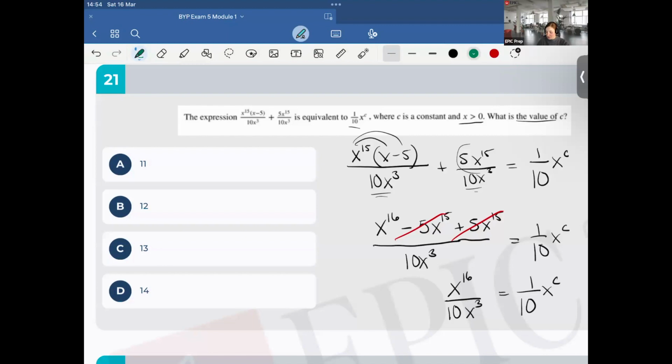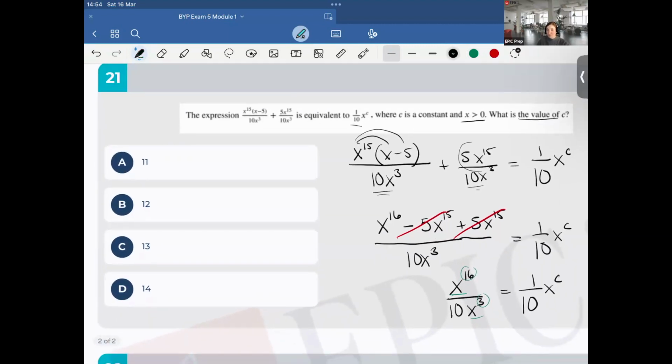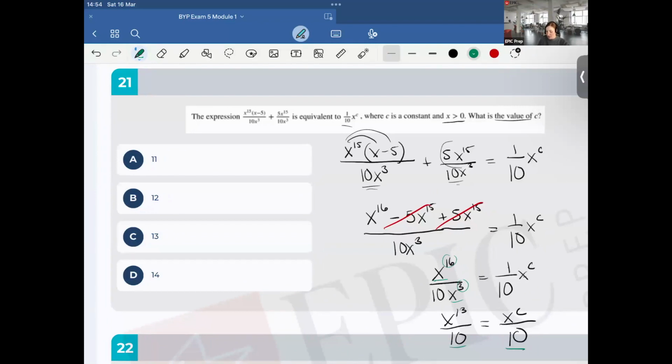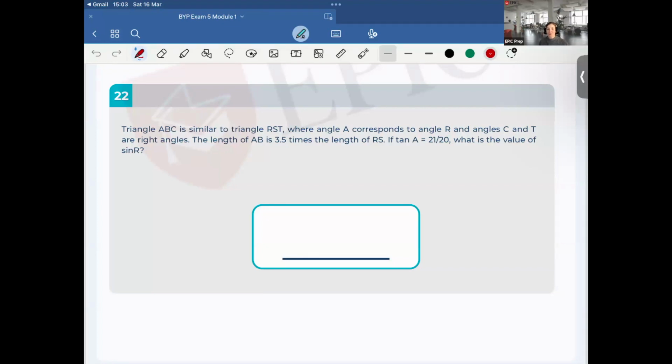So looking at the x's here, 16 minus 3, what is that reduced to? X to the 13th, right? So it would be x to the 13th over 10, which is equal to, I'm just going to put x to the c now because 1 times x to the c over 10. And then I can see quite nicely these are the same, so therefore c must be equal to 13. Amazing. Okay, so 22, it says triangle ABC is similar to triangle RST, where angle A corresponds to angle R,